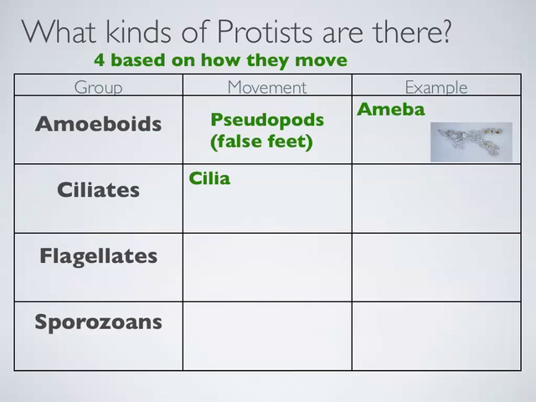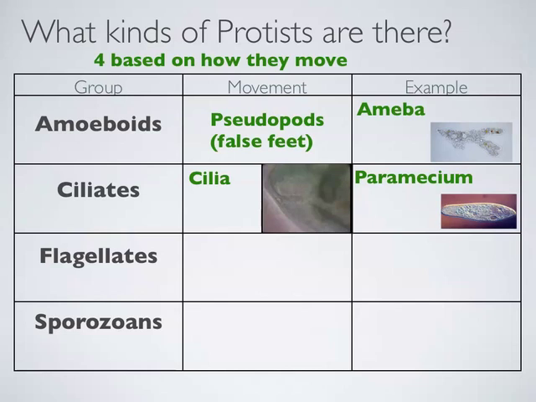But in protists, the cilia allow the organism to move. You can sort of see on the edge, this is a cell membrane. It has thousands of tiny hairs that all sort of paddle the protist through the water. Okay? That's cool. The one that we look at is called a paramecium. That's a ciliate, and this is what it looks like. And we're going to get into details about these examples eventually, but we're just talking about the groups.